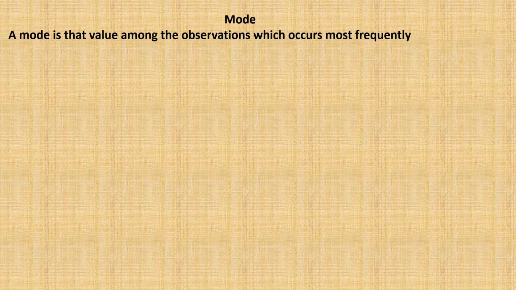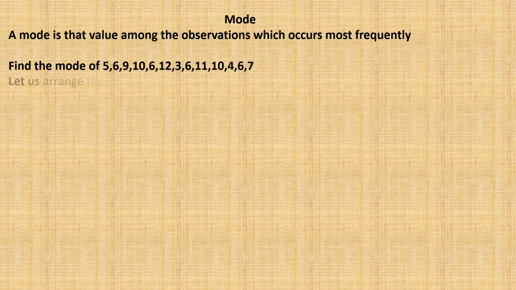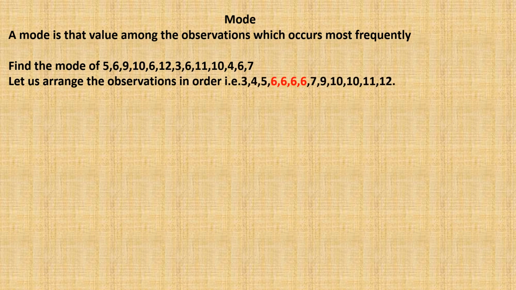They will sell the items which are frequently bought by the customers. So that is nothing but mode. Here I can go with some examples. Mode of the numbers: first, we have to arrange all those in one order, that is ascending order. By observation I got that 6 occurs 4 times, more than all the remaining. So 6 will be the mode of the data.